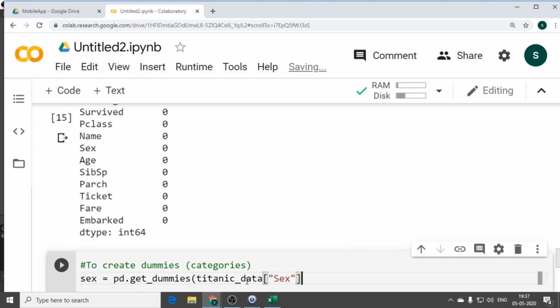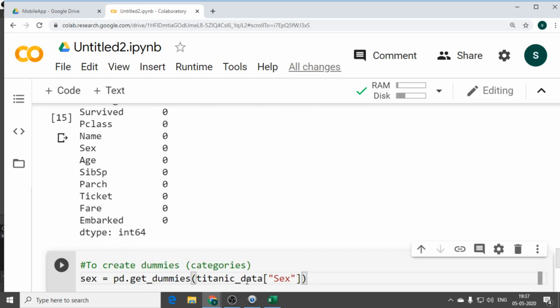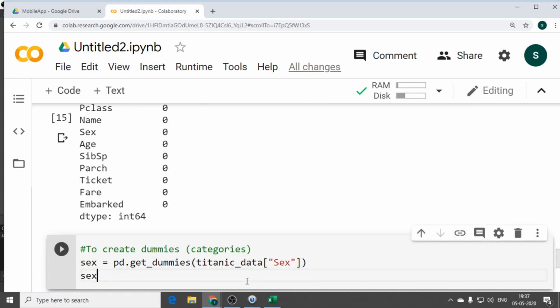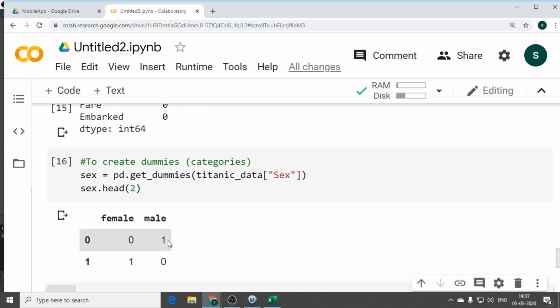So what is my column name? Sex. And so first I am creating dummies for that. If you want to see the columns, what are the values, you can see the first patient is male. So in female you will have 0, right? You are converting your string into numeric. That is the only advantage of dummies. In sklearn we are having one hot encoder, label encoders. We are having much more functionalities. But I am using simple pandas library to create categories.